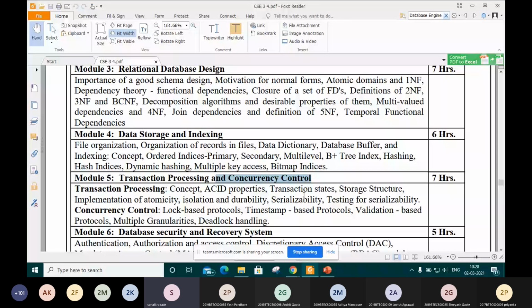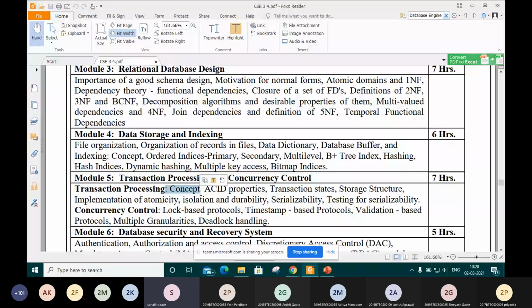Okay, so now we have transactions one by one. These are operations we are performing on the database. Each operation has parts, and those parts are called a transaction. How that transaction is performed on the database is explained here. So what is the concept of a transaction? It follows some properties called ACID properties.